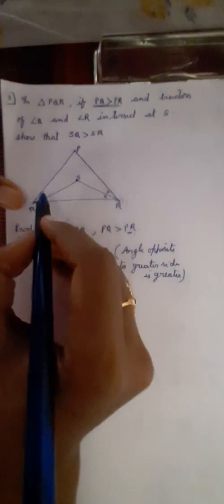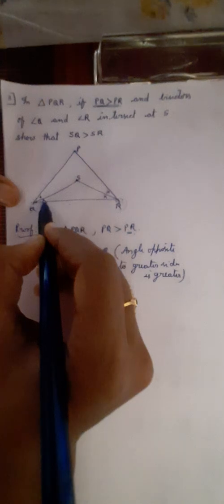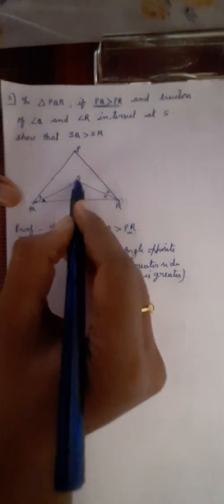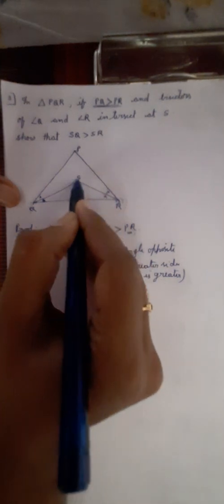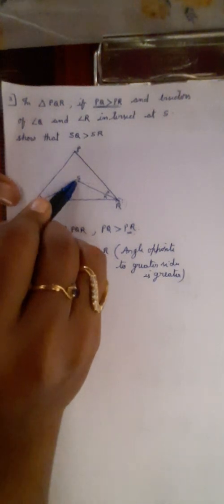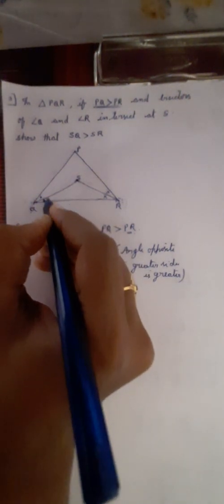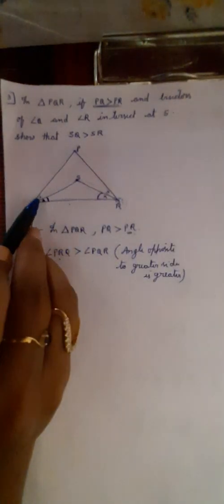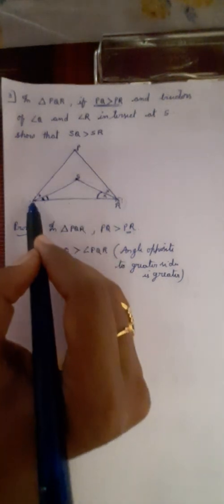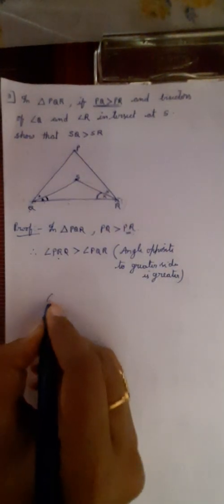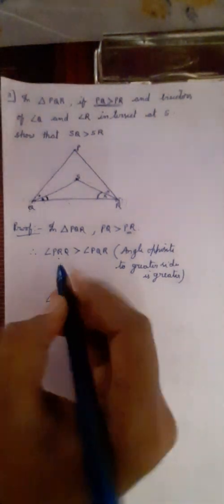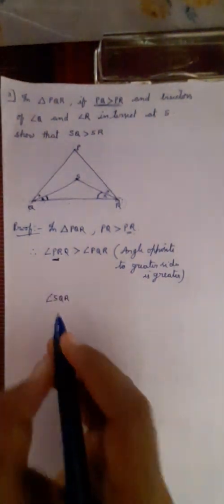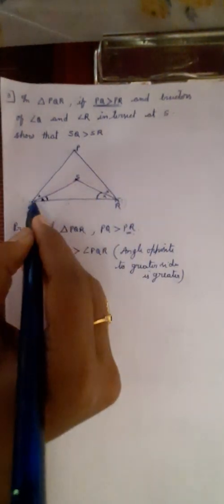So how to write here? Out of these two angles I will write only one angle, because we have to focus on triangle SQR next. These two are bisectors joined at point S. So inside angle I will focus. Anyhow this angle and this angle both are equal. So I will take angle SQR. In the place of PQR, I will take SQR. But PQR is the full angle. SQR is the half angle, is it?